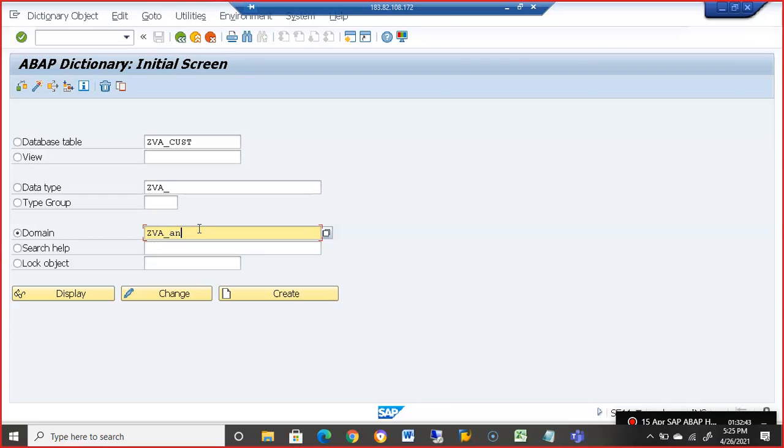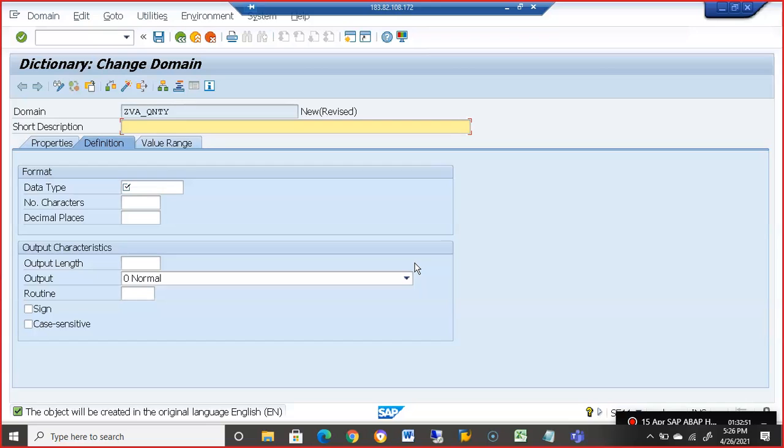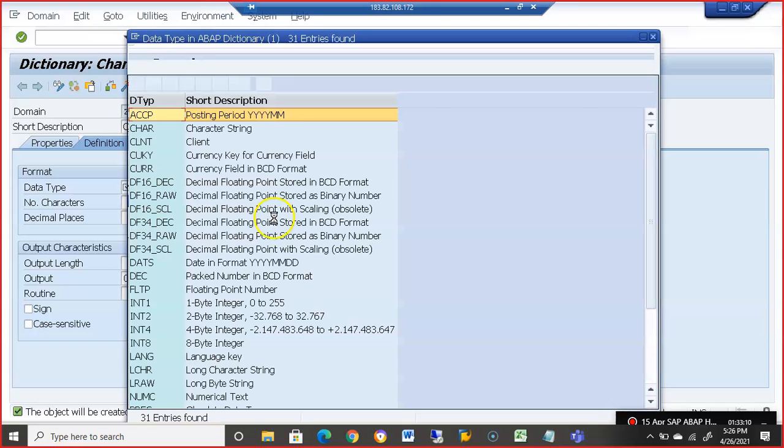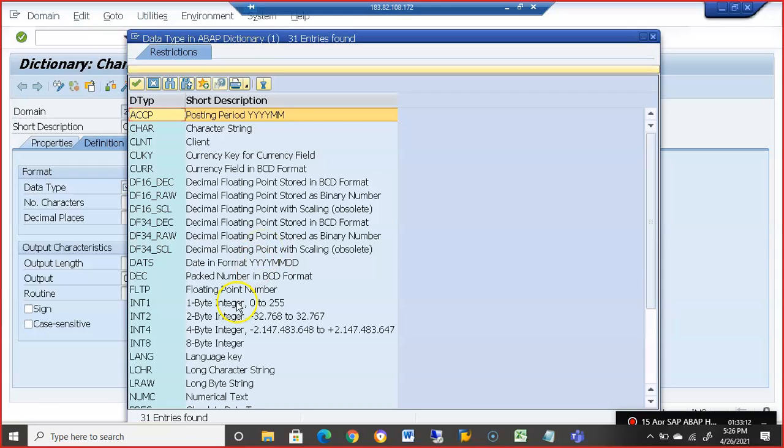Now we'll go for quantity, QNTY. Quantity, and the data type is something like quantity. Here we need to select the data type as quantity, so a quantity field will also be there.